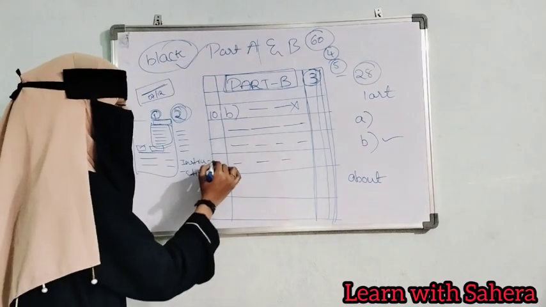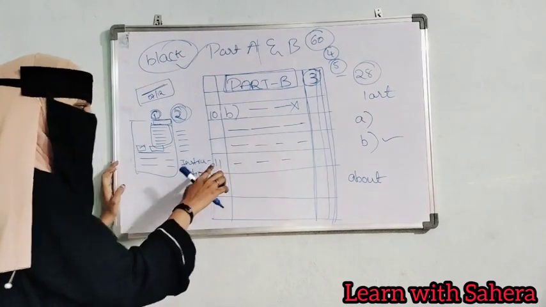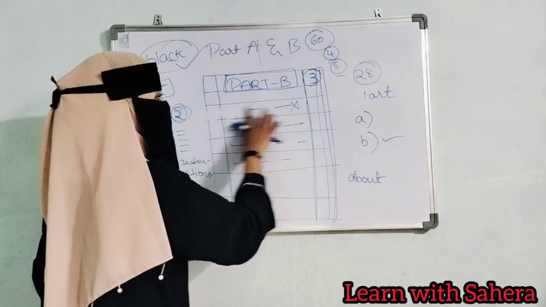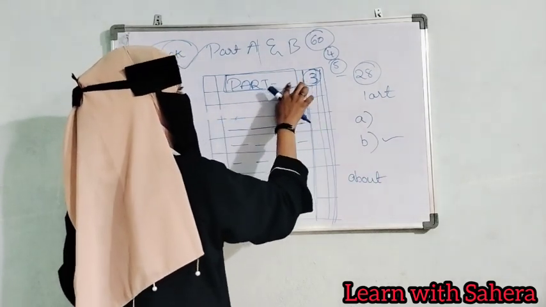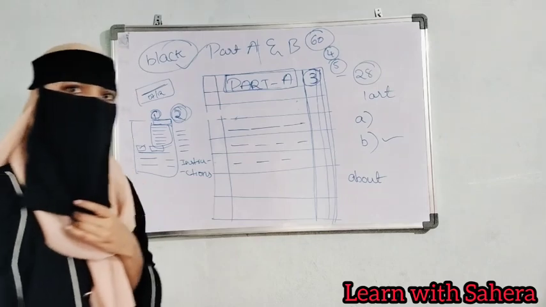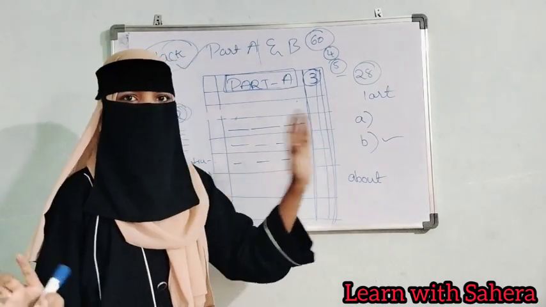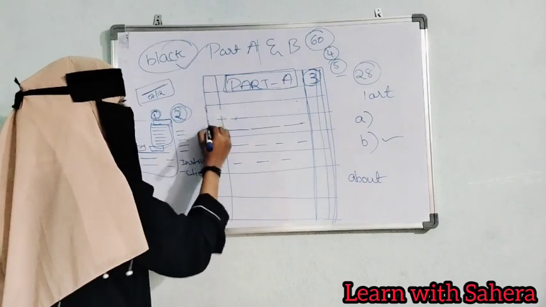Then after completing 11th question, 12th question, all the questions, you have to write part A. Yes or no? Part A. Then how will you write? In part A you will not have any choices. Internal choice will not be there, A or B. Then what will you do? You have to write the number.